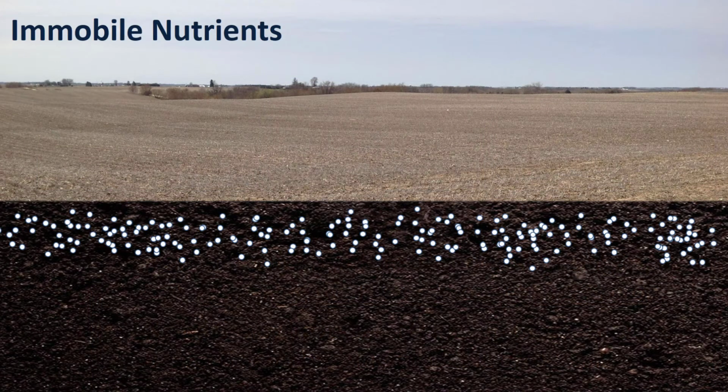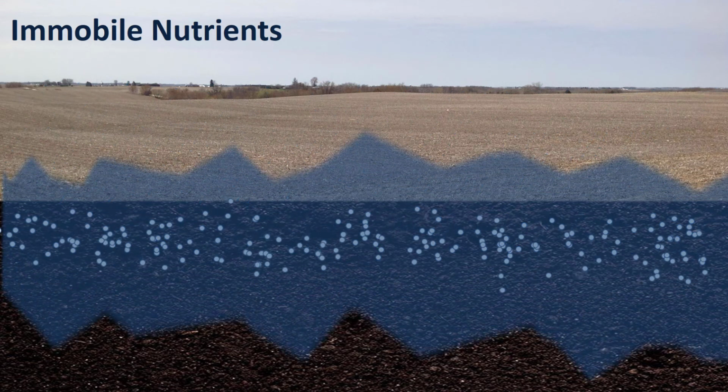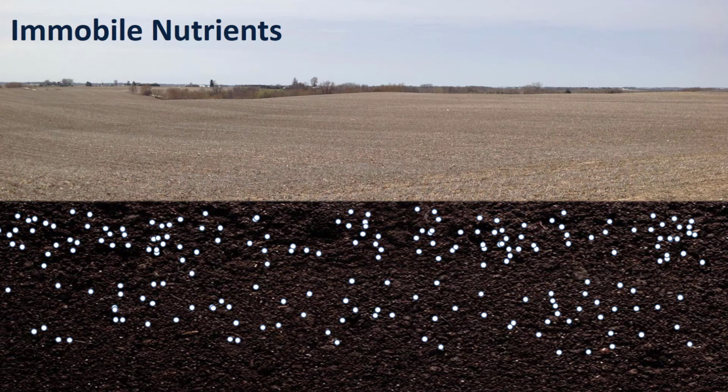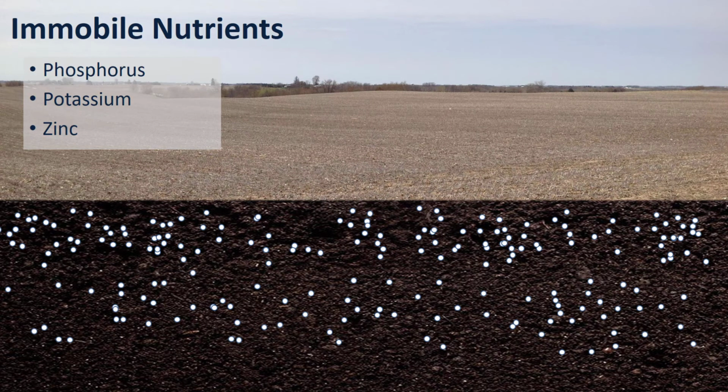So if we move from mobile nutrients now to immobile nutrients, we can see as the rain falls what that difference is between mobile and immobile nutrients. We still see movement of those nutrients down in the soil profile, however it's not nearly as much. We also didn't see nearly as many nutrients move down and out of the profile. They're still there, but they've moved some. So immobile doesn't necessarily mean they don't move at all, it just means that they move very minimally or very short distances. The nutrients we're talking about here are phosphorus, potassium, and zinc, the main nutrients. There are also others, but these are the main nutrients that we would be applying here in South Dakota.